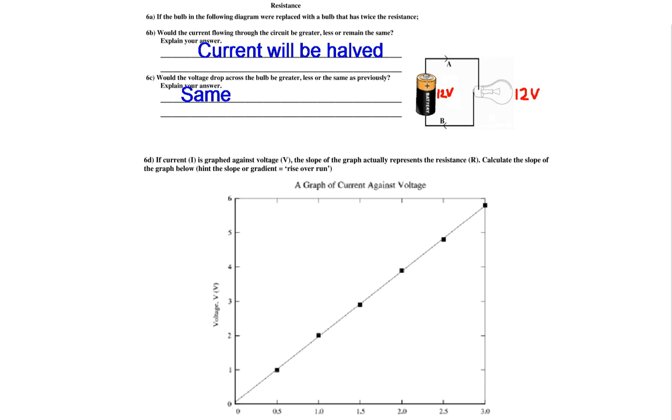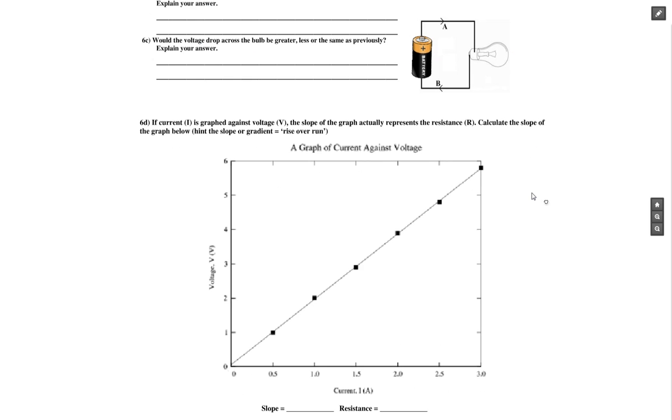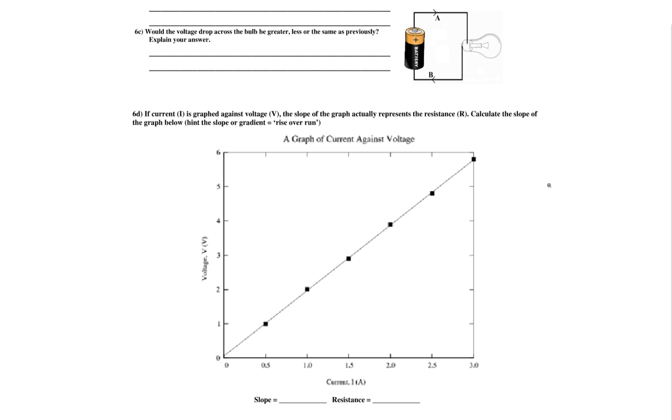So the last one here, 6D, sorry, I'll just clear that. 6D, if current is graphed against voltage, so actually voltage against current, sorry, voltage on the y-axis and current on the bottom here, the slope of the graph actually represents the resistance. And that makes a lot of sense actually if you just stop and think about it for a second. Imagine we have a really steep line up here like this. What that's saying is that